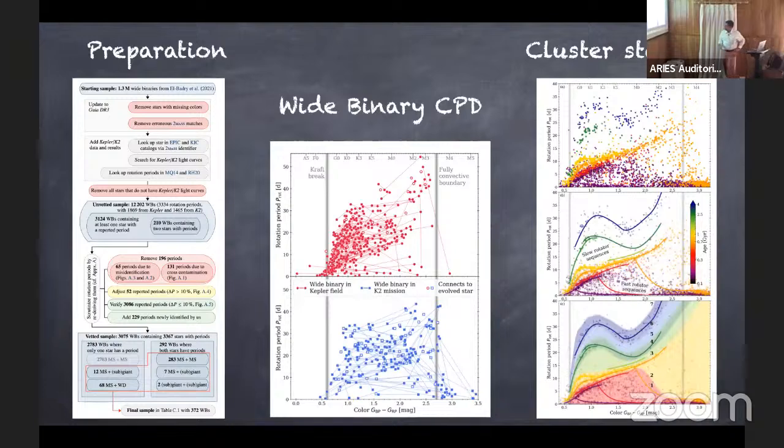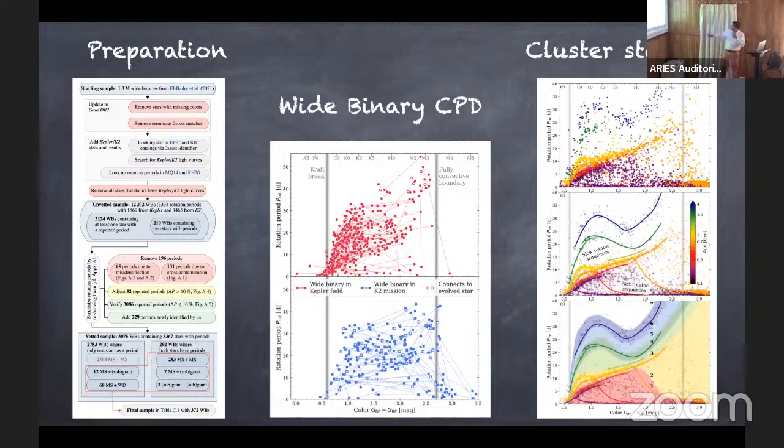And this is the distribution on the color period diagram for those stars. It looks a little messy over here. The reason it looks messy is because there are these open symbols that connect to evolved objects, giants, and so on. You can clean those up, and then you have to try and interpret that mess. It turns out it's not a good idea to compare those with models because the models are way off the mark. So the way we came up with is to compare them directly to the open clusters that had